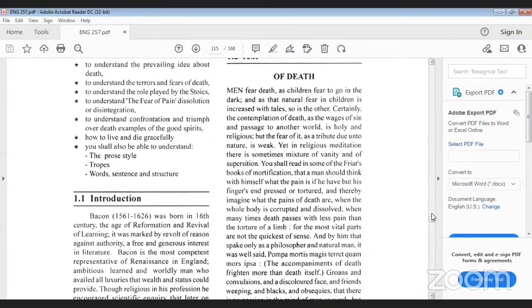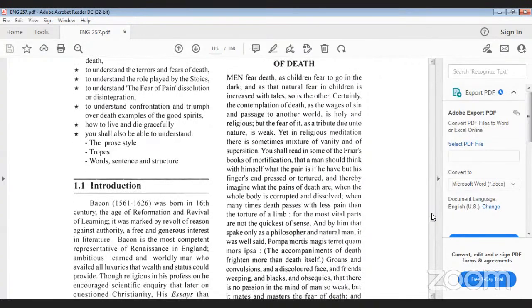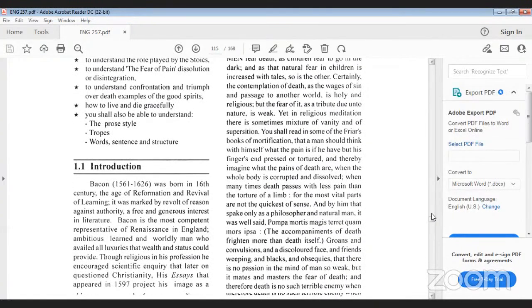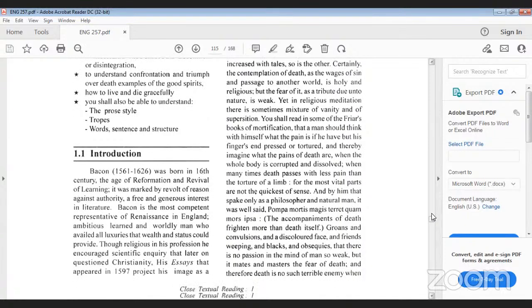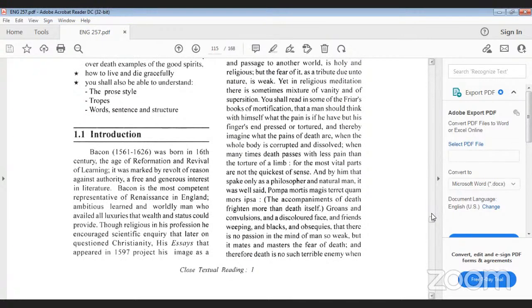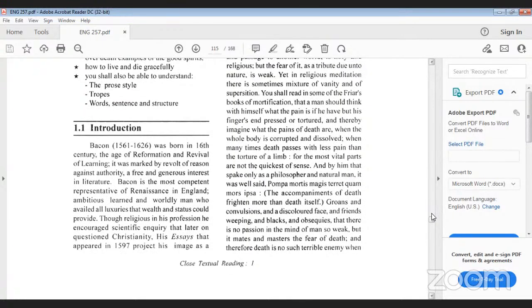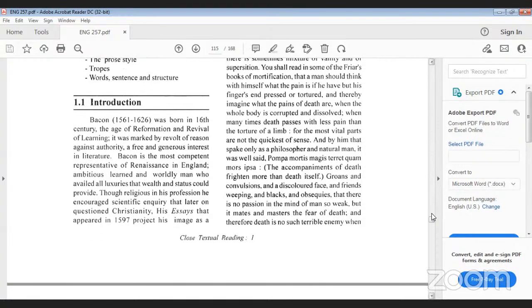Yet many times death passes with less pain than the torture of a limb, for the most vital parts are not the quickest of sense. And by him that spoke only as a philosopher and natural man,